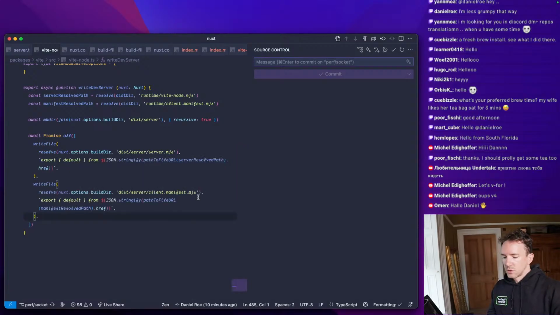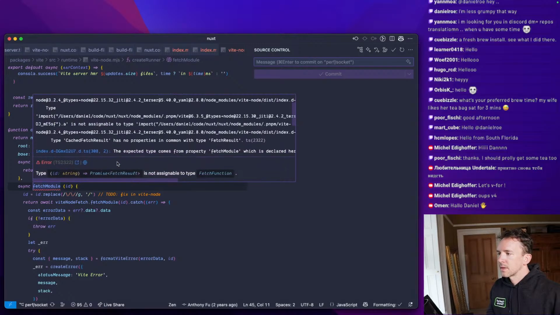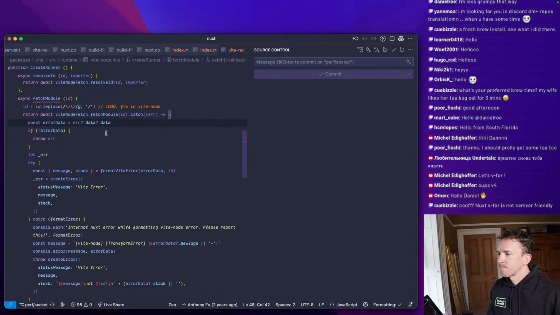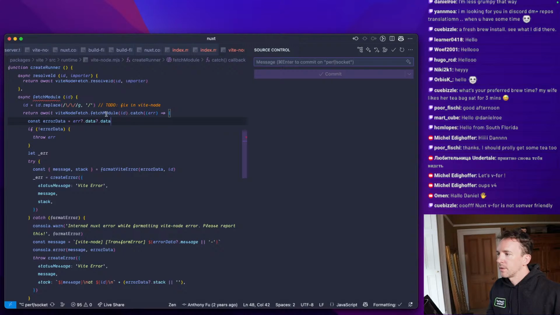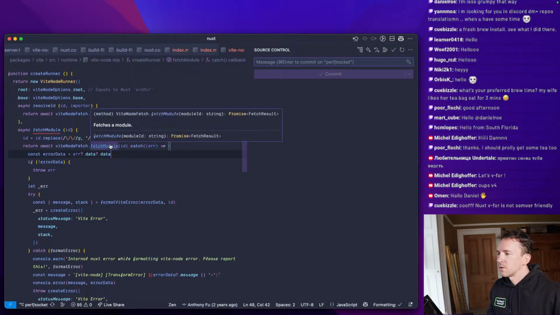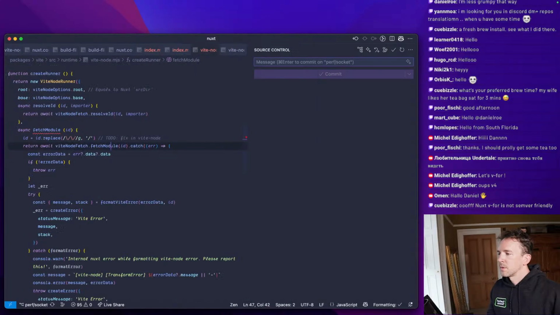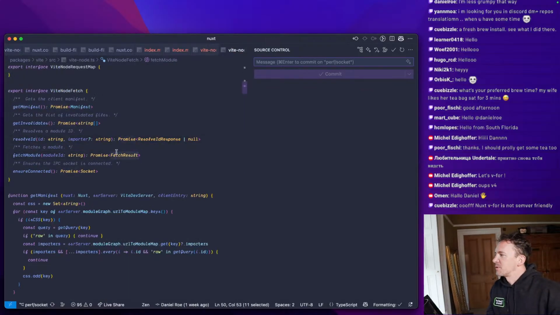So I've just refactored this to be, this is cached fetch result, goodness. Fetch module. I handle this somewhere. Fetch module. Fetch result. Oh, this needs to be. I see. That's tricky. Sorry, I totally. Yeah. So